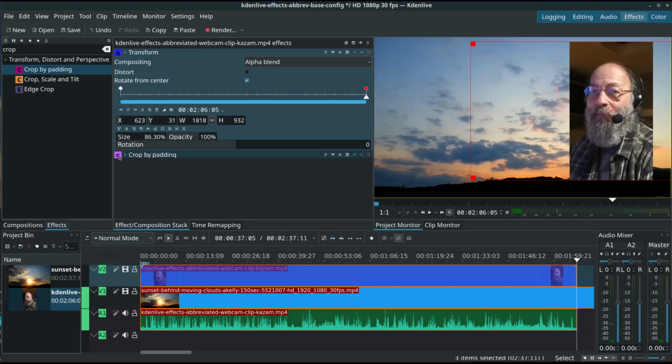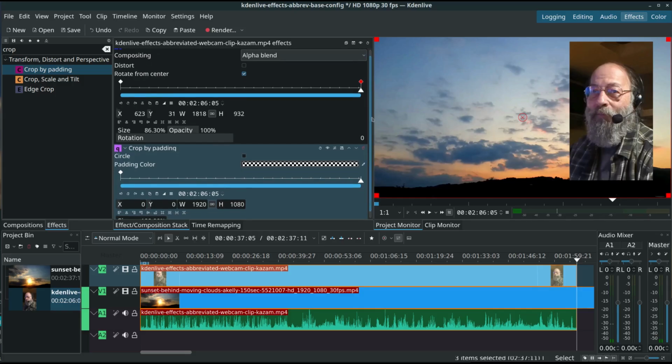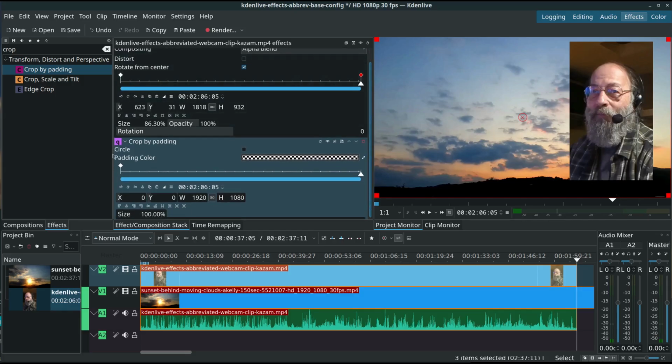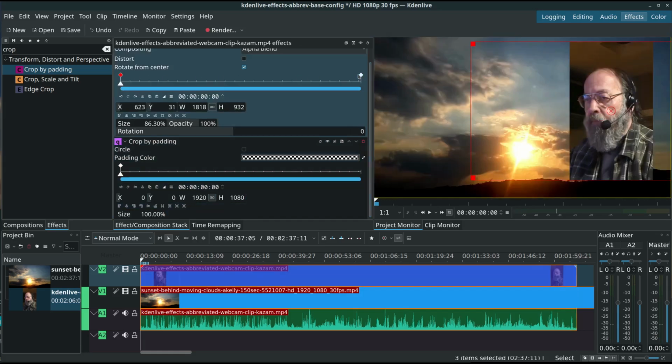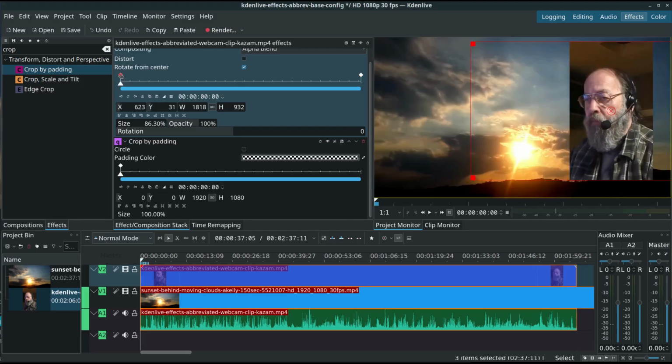The crop by padding, as you can see here, there are two timelines. Each effect has its own keyframes. So we've got a starting point in the transform here. We've got an ending keyframe in the transform here. And what I want to do is simply establish keyframes at the very same time and place where the transform keyframes are established. So at the beginning of the